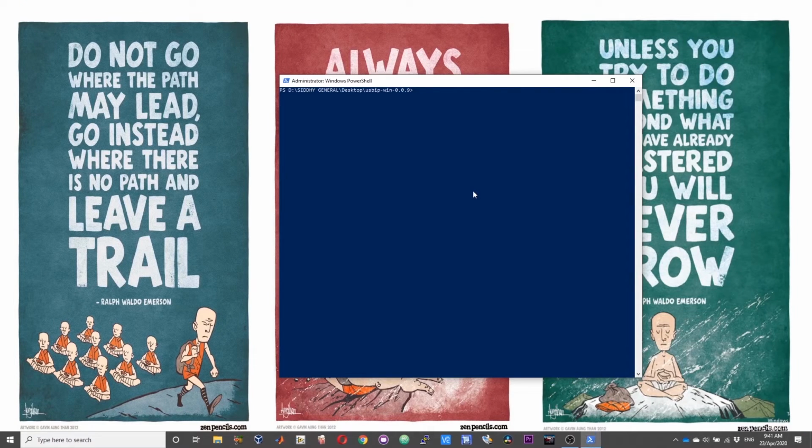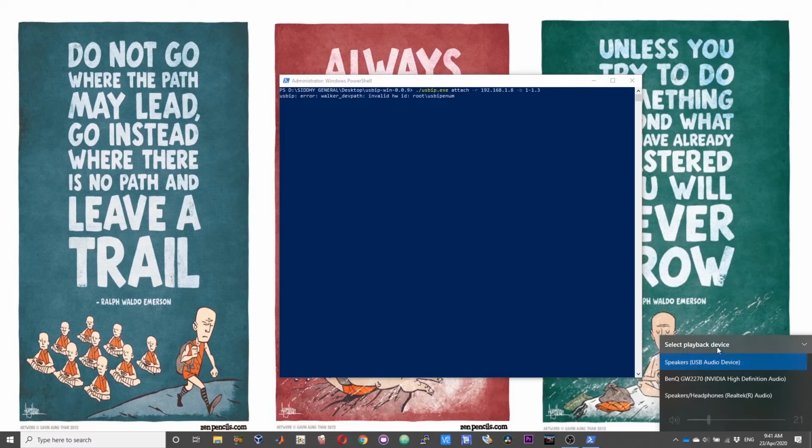Now we will attach the second device, the USB DAC. Now we should have the USB DAC attached. I have the speakers USB audio device attached.